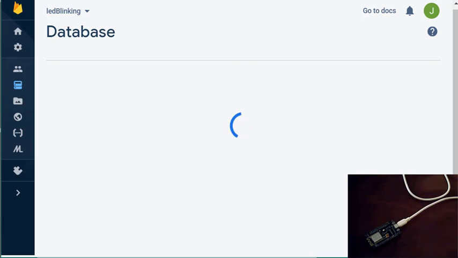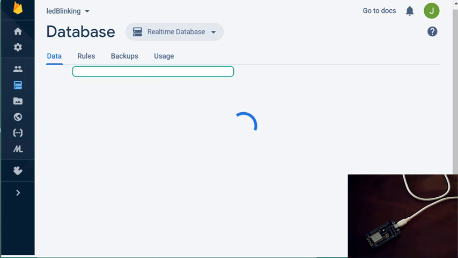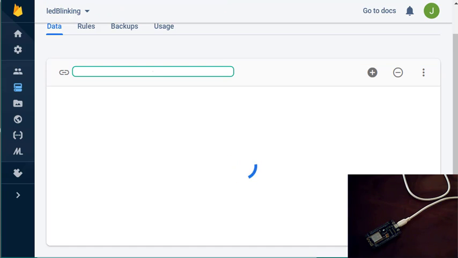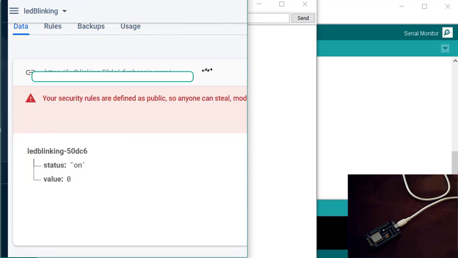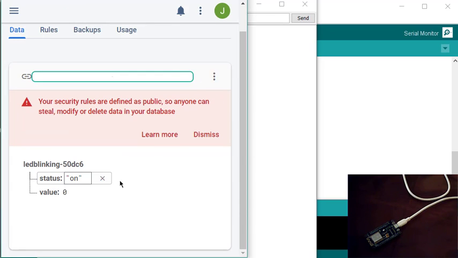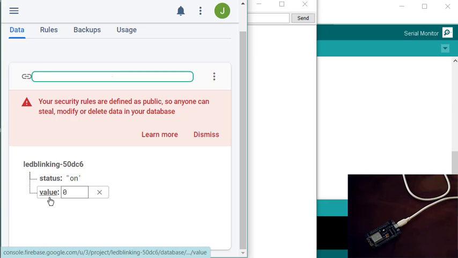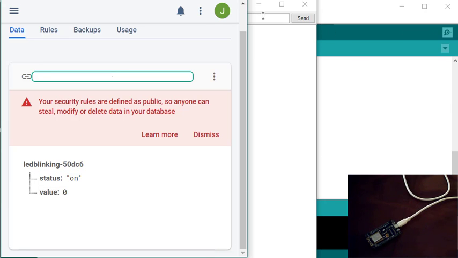Now let's change the database and see what happens. I'm not touching the status because it is the Android part, so I will explain it in my next video. So let's change the value and see what happens in your serial monitor.